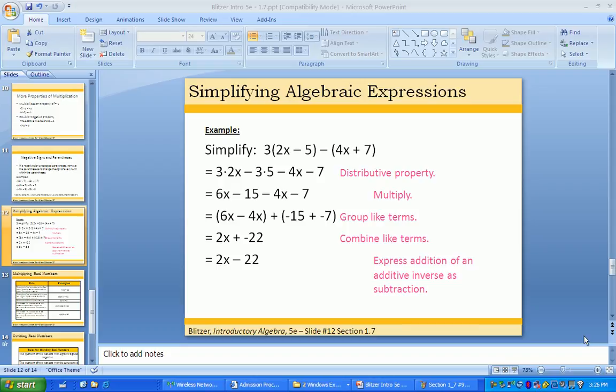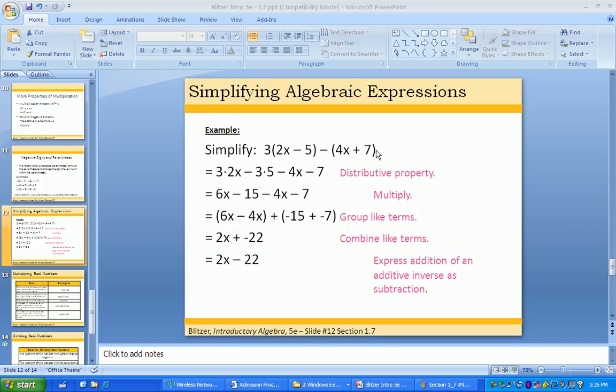Okay, so now we're going to pick up where we left off on section 1.7. We're talking about distributing negative values or negatives in front of parentheses. We're going to go ahead and try something a little different here, combining what we learned in the last section along with this section. Here we have an algebraic expression: 3 times (2x minus 5) minus the quantity